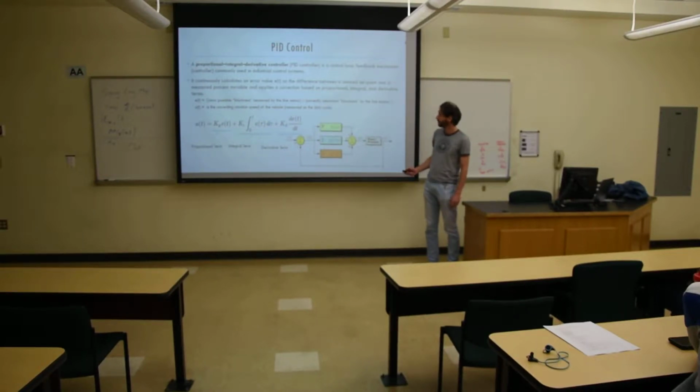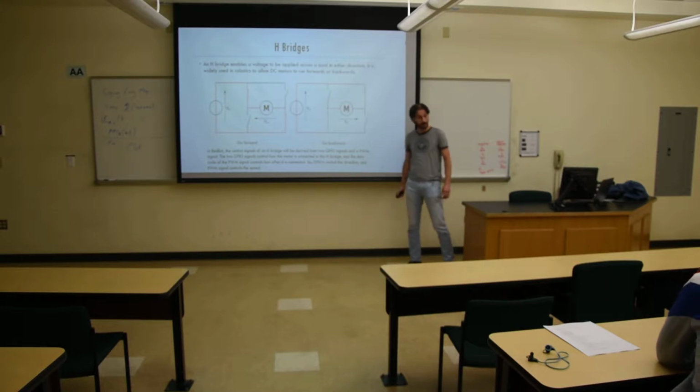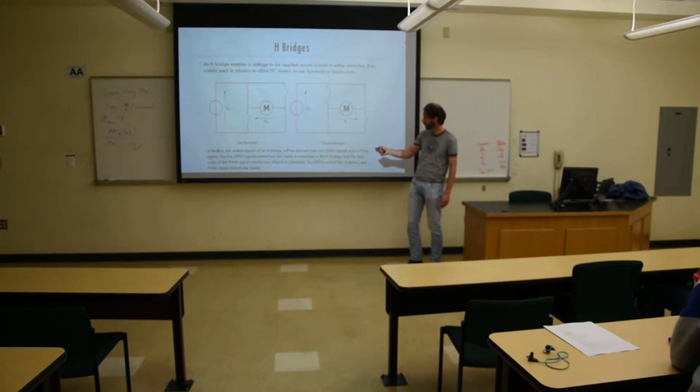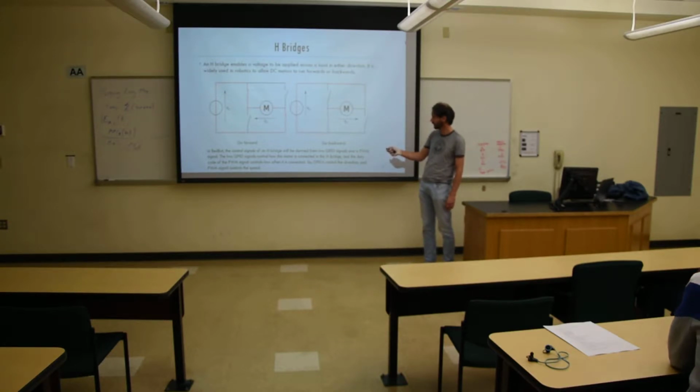Okay, so let's talk about the DC motor. The robot will be moving forward in this particular project and not really moving backward, but the idea is that you could do so by using this H-bridge. So the idea is that you can let the current go either in the right direction or the left direction, and in that way you can go backward